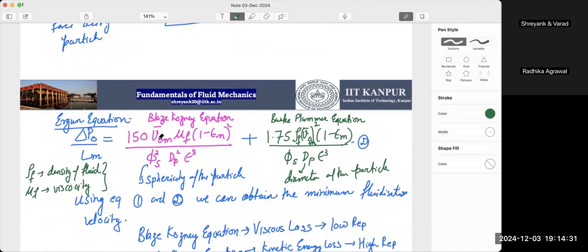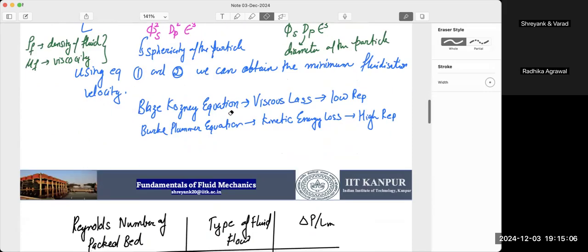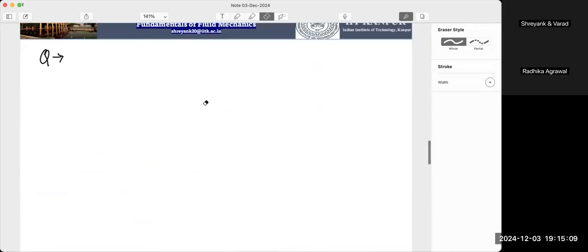This equation is valid in general. Using this equation, you will get the pressure drop. But if you want to know the minimum fluidization velocity, you need to use equation 2 and equation 1, and then epsilon becomes epsilon_m. So it is not always the case that epsilon will be epsilon_m. So it is in general. Okay. So the question is,